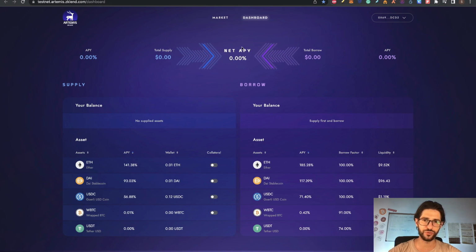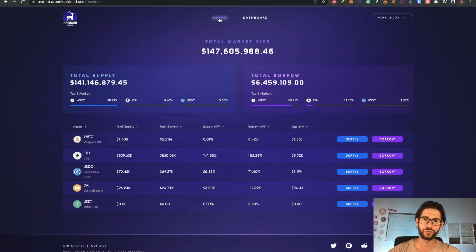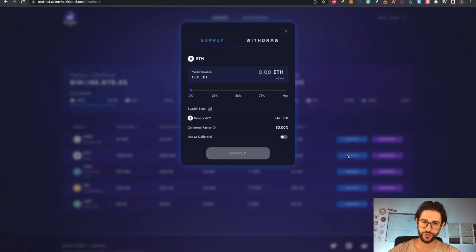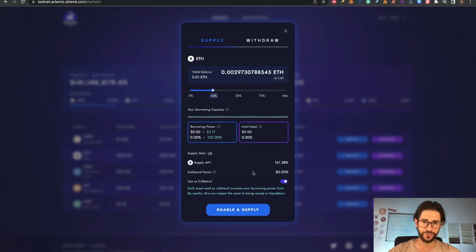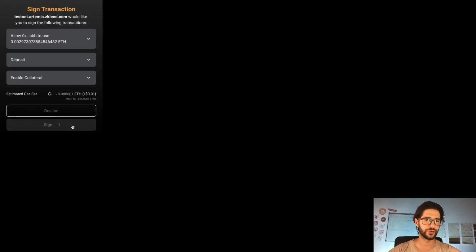And in the dashboard, you don't have anything here. So go to market up here. You can see the total market size. And you can see here the tokens that you have to supply or borrow. So let's do this quickly. Click on supply Ethereum. I will put from the amount that I have 24%, enable and supply, sign the transaction,